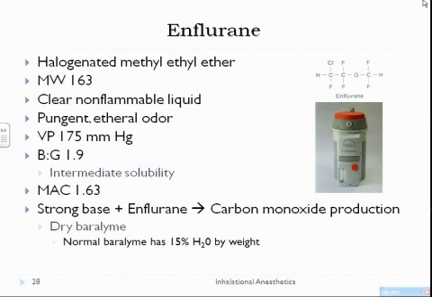Okay? The way you can actually dry out baralyme very easily is leave the flow rates on oxygen all night, and then you've got to do the second part. If you just did that, nothing really bad would happen. The second thing that has to happen is you have to take the bag off your circuit. If you do that, now the gas is going through the baralyme and drying it out. Versus if you have the bag on the circuit, the bag gets the water vapor and it comes right back. So it stays wet. So you can dry it out, but you've got to screw up by doing two things